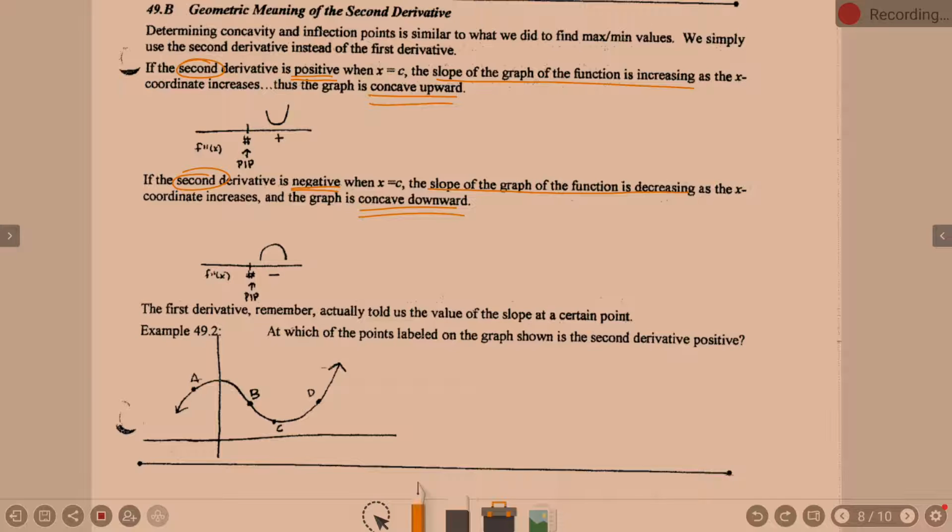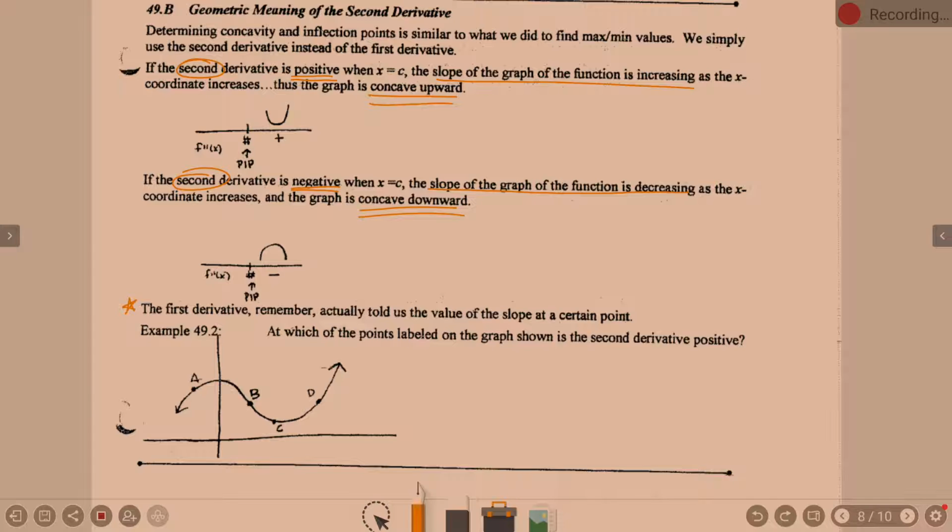Note what it says. The first derivative, remember, actually told us the value of the slope at a certain point. If it's a positive slope, it's an increasing graph. If it's a negative slope, it's a decreasing graph. So the first derivative told us the value of the slope at a certain point. Now,